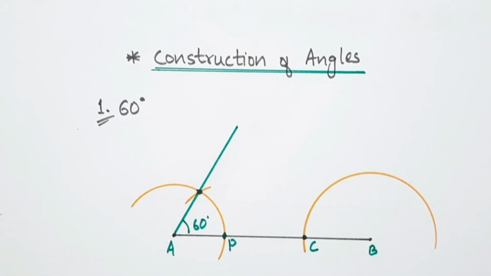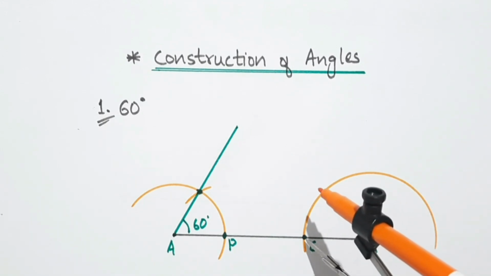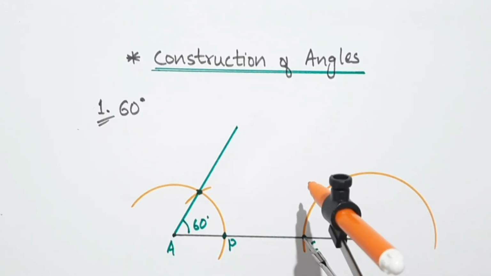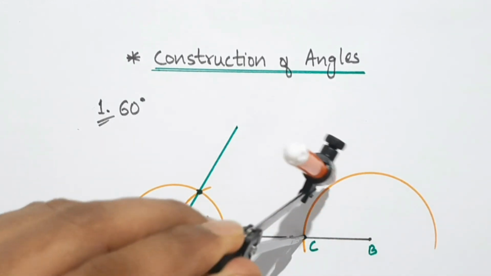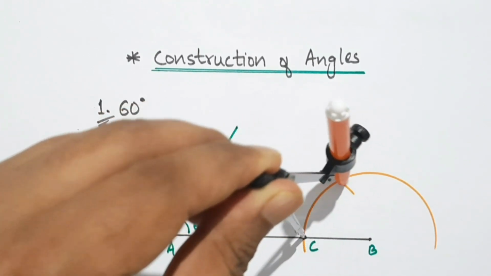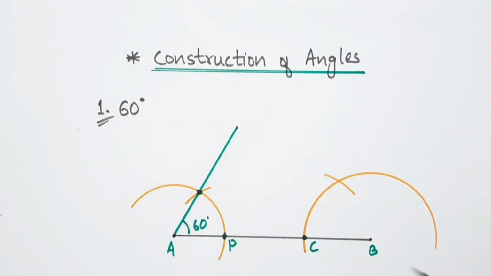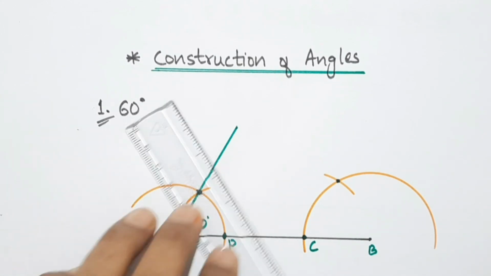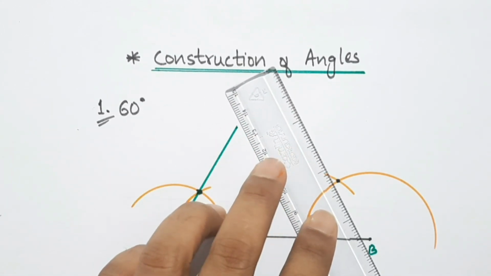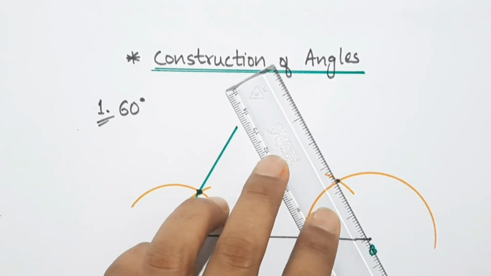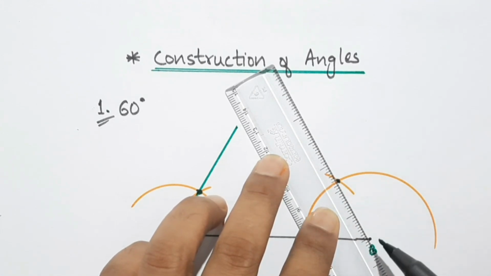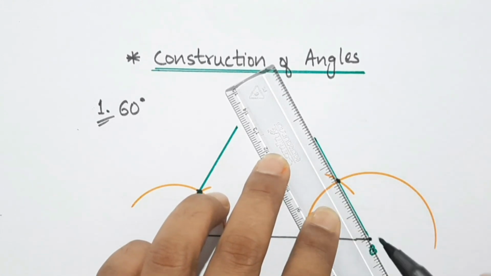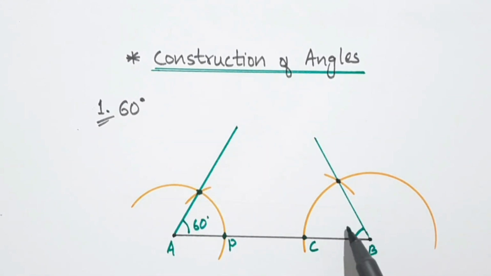Now taking point C as a center and the compass with the same radius, we will cut this arc. Here it is cut. So now we are going to make a ray from point B passing through this point. So this is our 60-degree angle from the right hand side. So let us verify